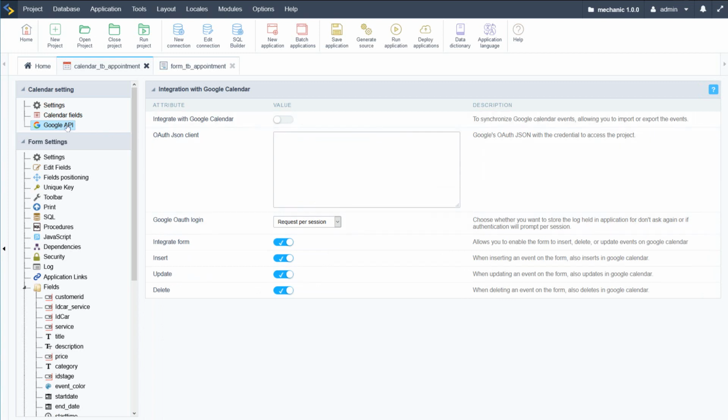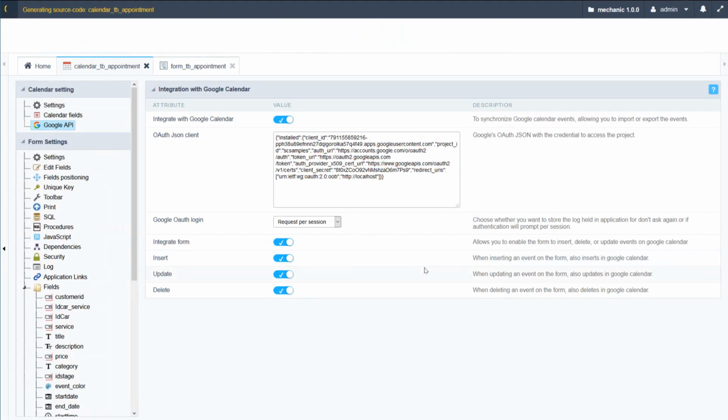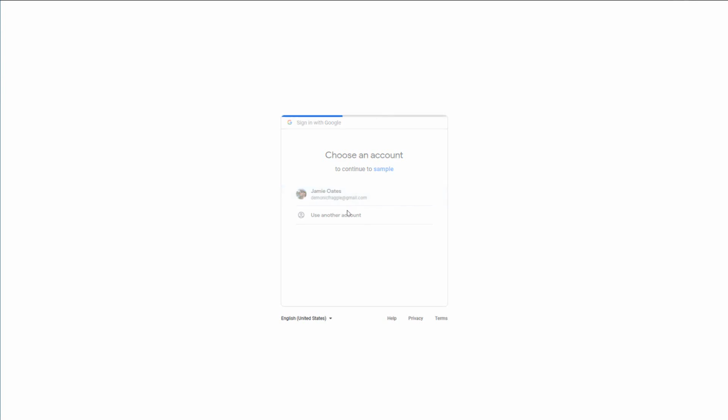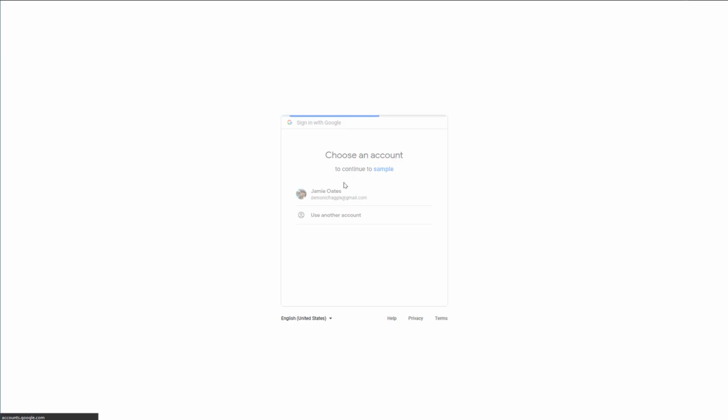So now if I go into the calendar settings and then Google API, I have here the option of pasting my JSON code. So if I copy and paste that here into the field, I can then select here integrate with Google and then go ahead and run our application. And then we will start to be able to log in with our Google account and start to use